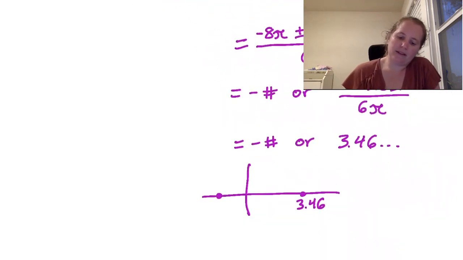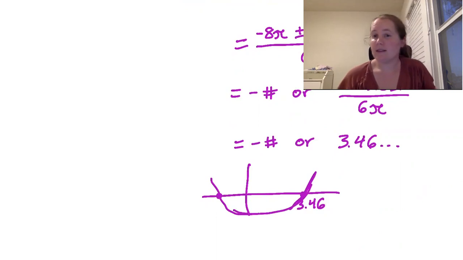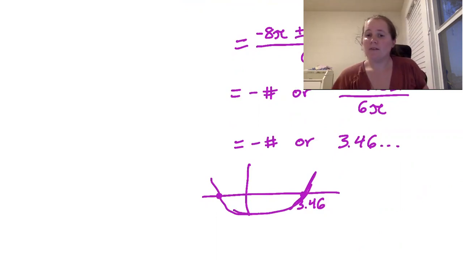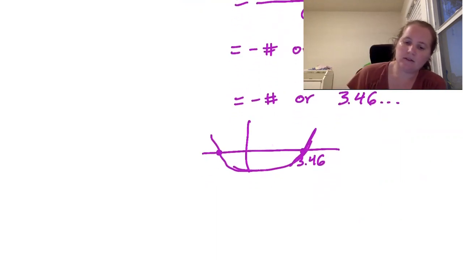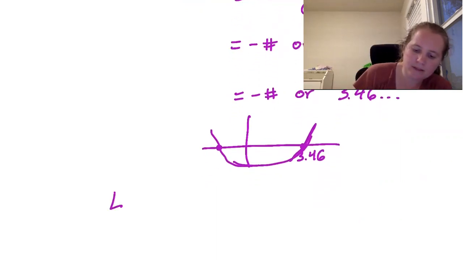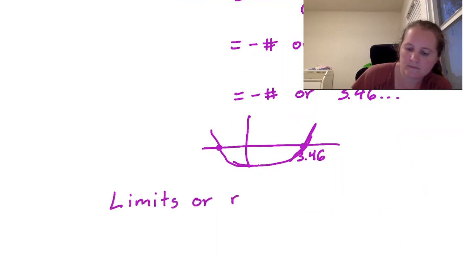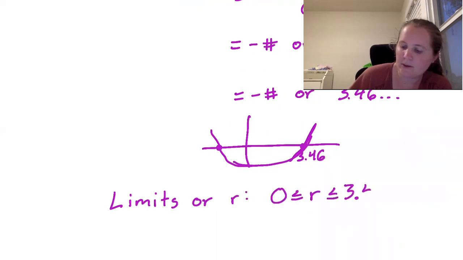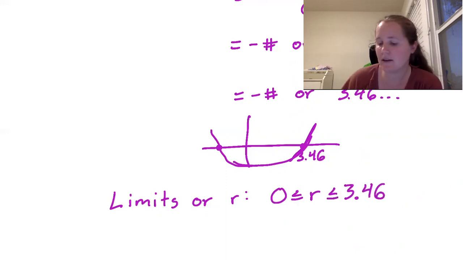So our graph would look like this. And so where this is less than or equal to 0, which is what we want, is before the 3.46. Right? And so the limits on R will be 0 is less than or equal to R is less than or equal to 3.46 approximately